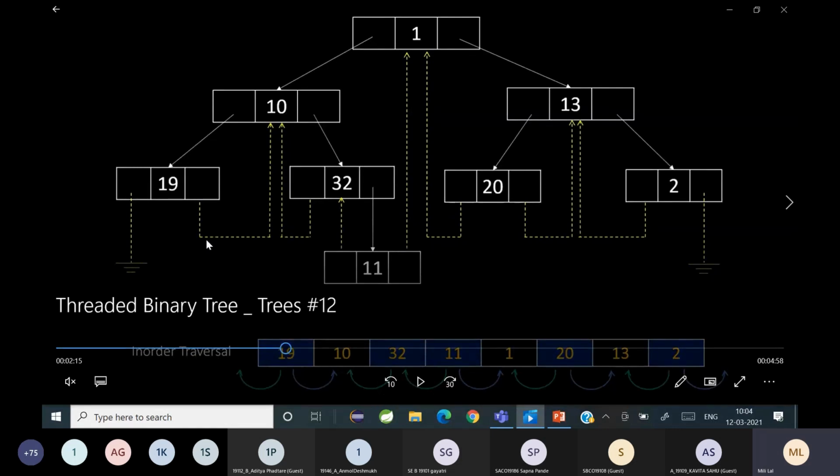You see, 19 is a leaf node. It has both the pointers null. So what did I say?